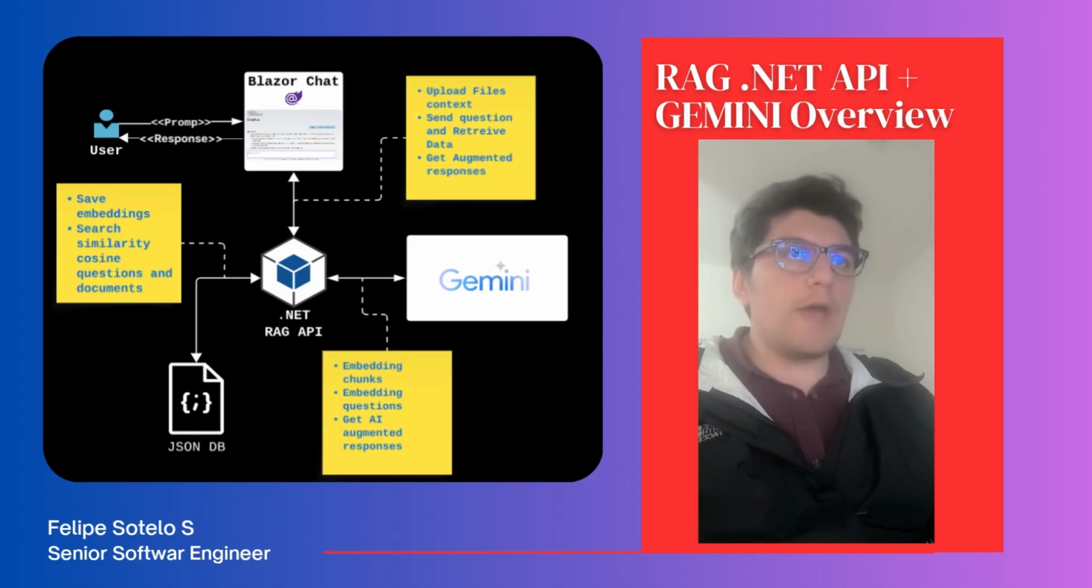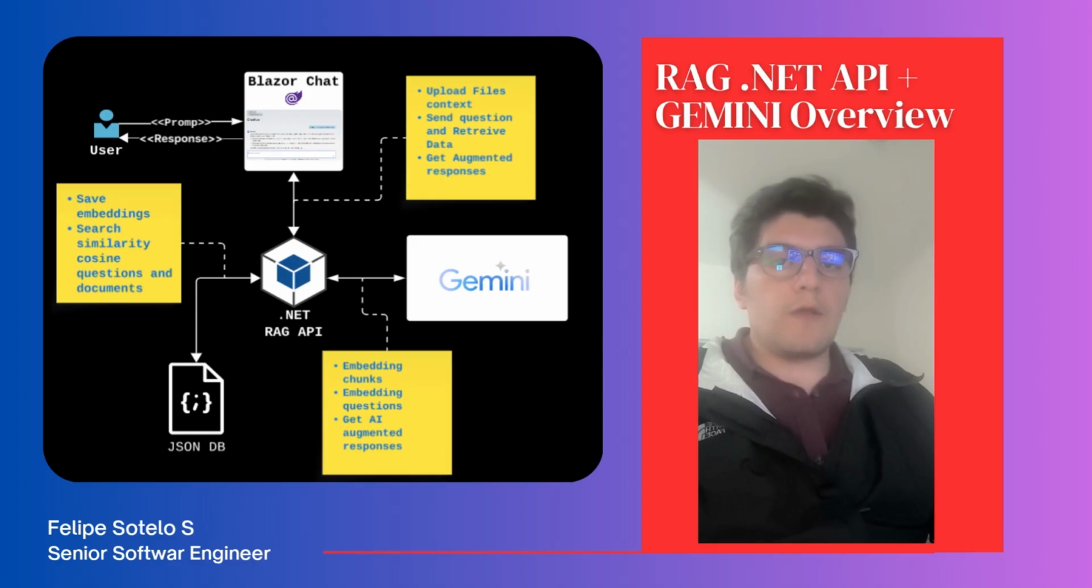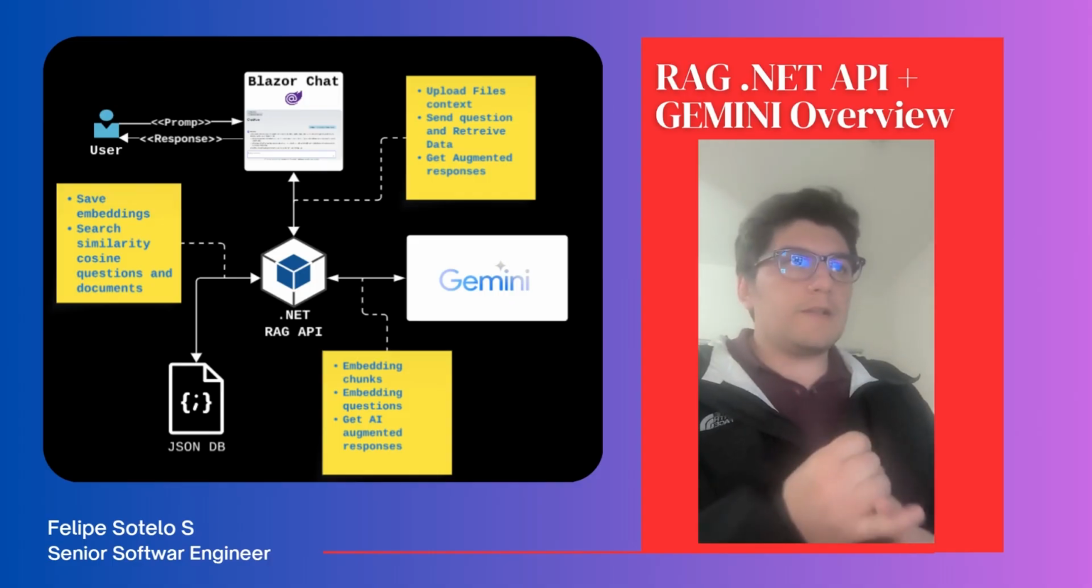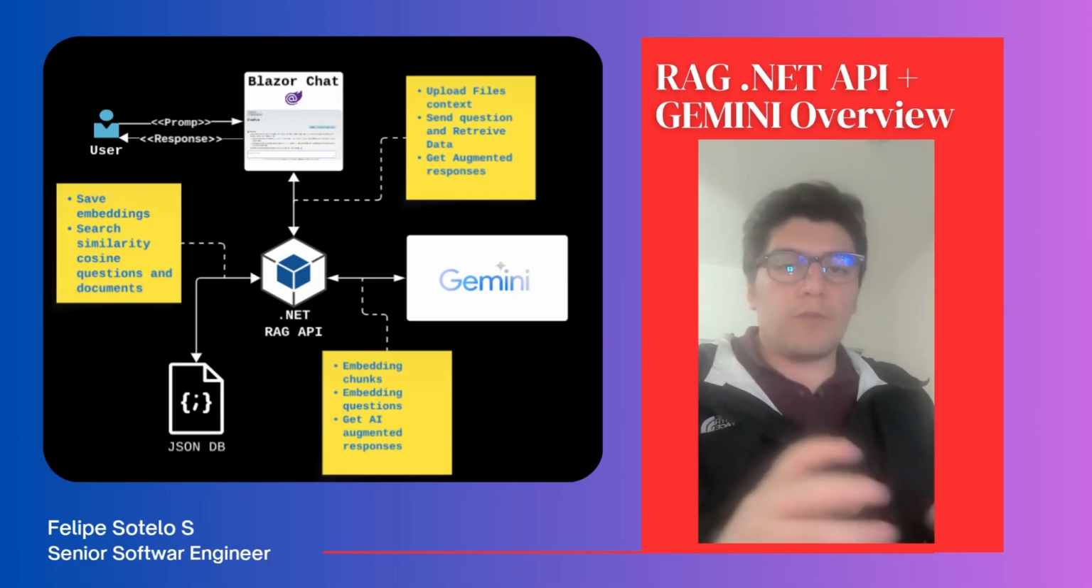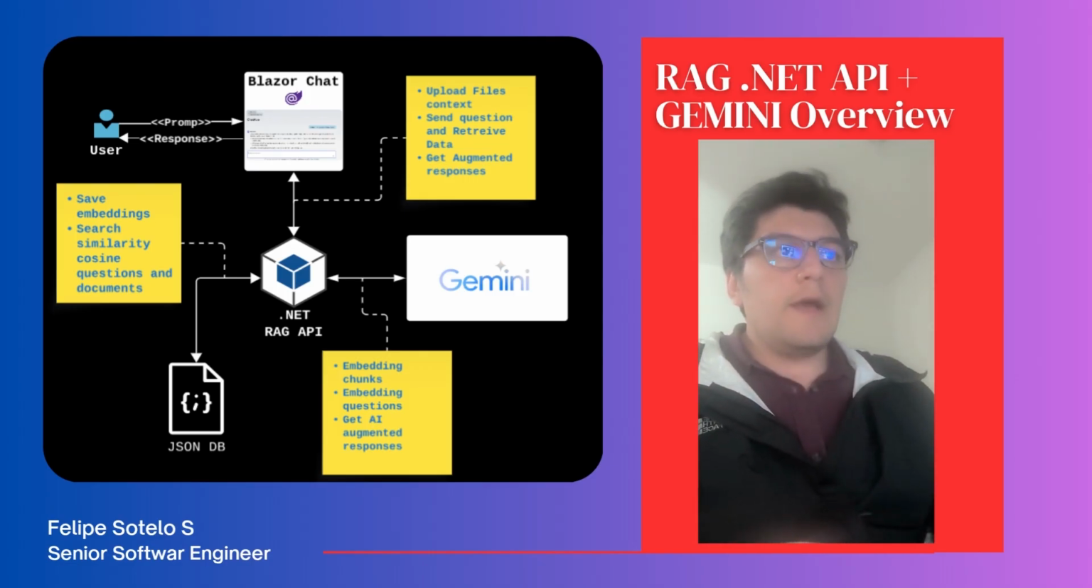In that case, we have the user. He sends a prompt to the chat, that is a component of Microsoft AI tools that you find in the Microsoft repositories, and the chat has different procedures between the .NET API and Gemini LLM: uploading files, send questions, get augmented response. And in this case, that .NET API has the responsibility